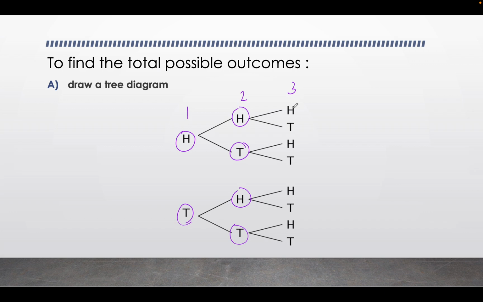Finally, our third flip adds a third branch to the tree, which shows that if I landed on heads first, heads second, and heads third, that is 1 possible outcome of all 3 flips. Heads first, heads second, but tails third, that's a second completely different possibility. Heads, tails, then heads, that's our third possible outcome, and heads, tails, tails is our fourth. We repeat similarly with tails being our first flip, and then we can see that there are a total of 8 possible outcomes in our tree diagram.